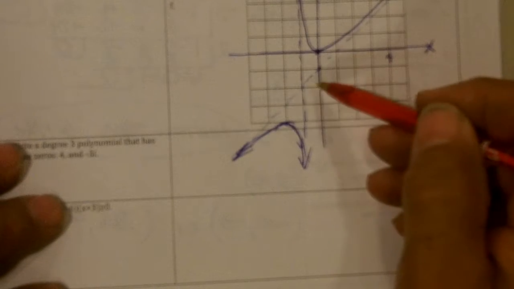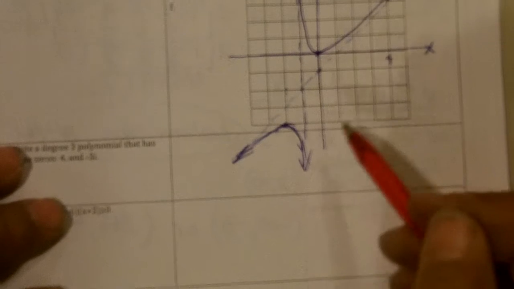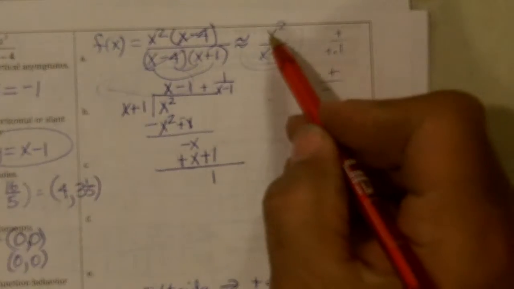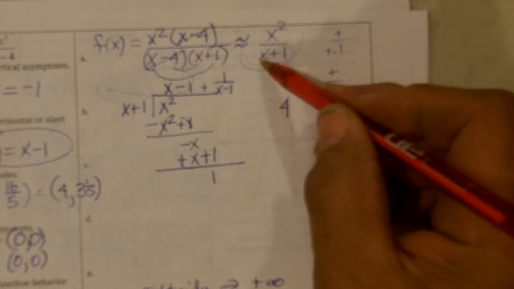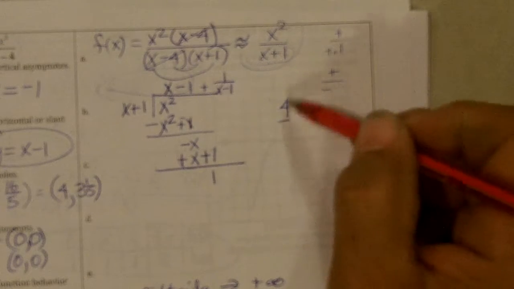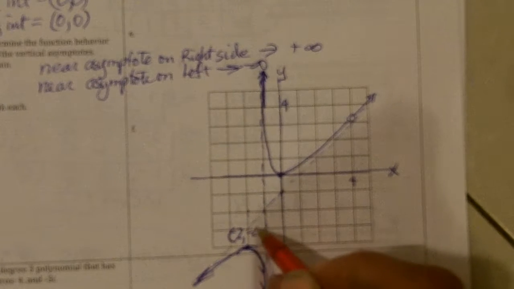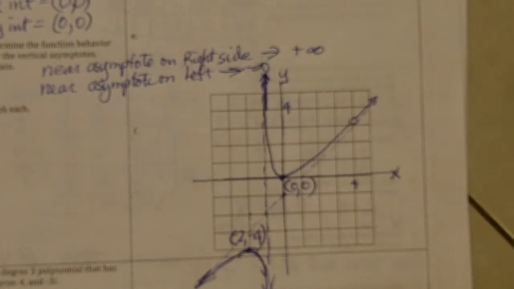So judging by this, it crosses here. If I go over 1 and up 2, over 1 and down 2 from the crossing point, it's probably a point on the graph. I can check that by putting -2 in the equation and see if I get -4. -2 squared is 4 over -2 plus 1, which is -1. 4 over -1 is -4. It does go through -2, -4, and goes through 0, 0, and